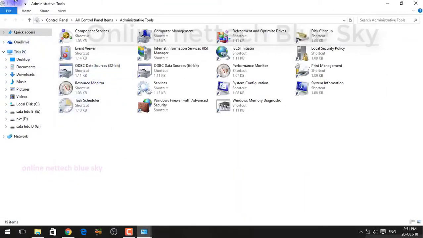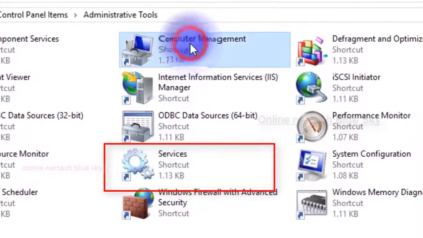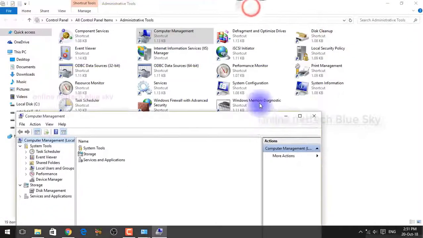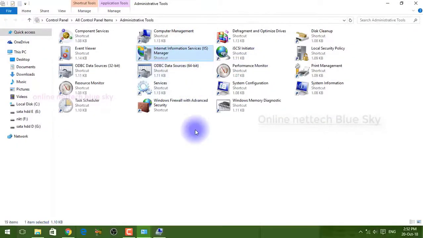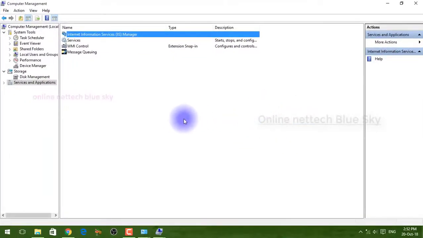I am just opening the Services option here. These Computer Management services and these services are the same, nothing changes here. This is the Computer Services main window, always showing here.